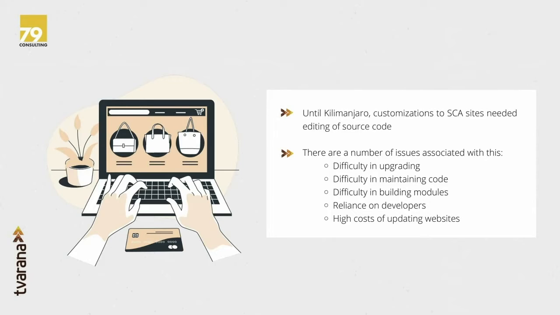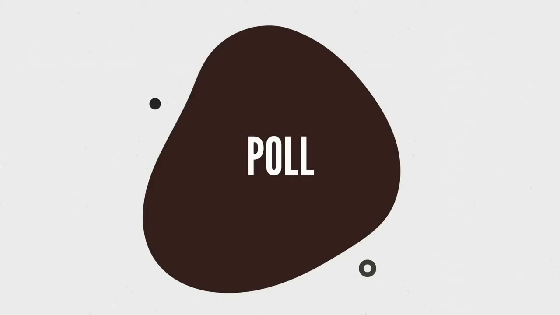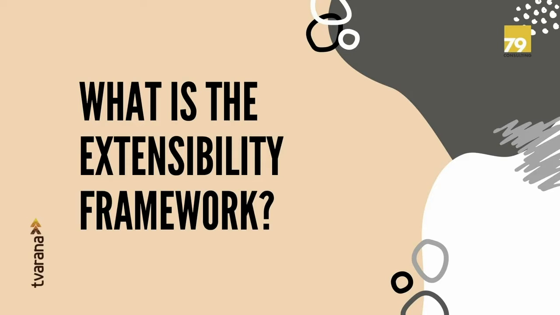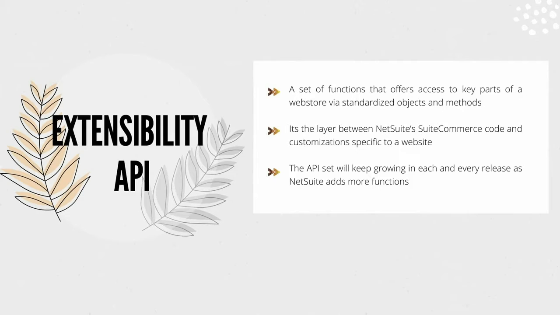The extensibility framework goes a long way towards solving these problems. But before we proceed any further, there are a few terms that you all must understand. The first is the extensibility API, which is a set of functions that offers access to key parts of a web store via standardized objects and methods. These objects and methods remain stable across different websites and different versions of the platform, so it becomes possible to write modular code that can be ported easily between different accounts, different websites, as well as across different versions of